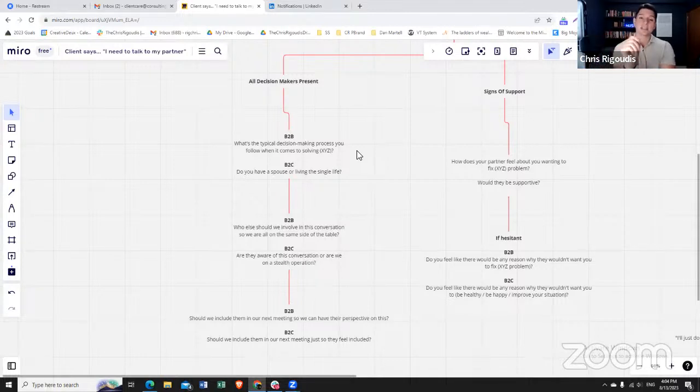I want you to notice something. I didn't say, "What's your process when it comes to buying this thing," or "What's the process when it comes to looking at solutions." It's always about solving a pain point. And when I frame it that way, it's much easier for them to say, "Okay, this is the person that makes decisions when it comes to solving X and Y and Z problem." I also want you to notice, I didn't say, "Who is the right person."